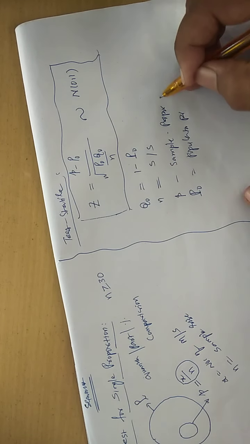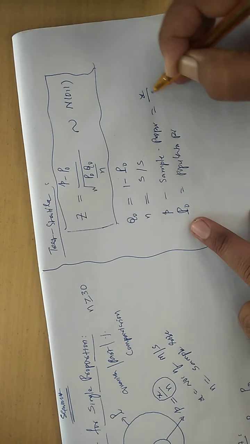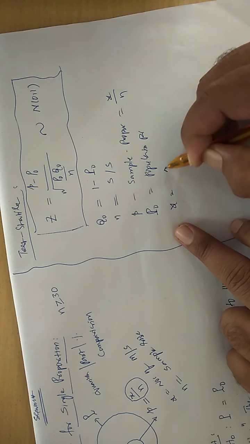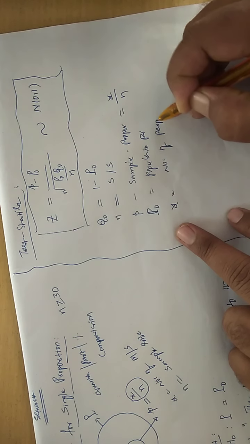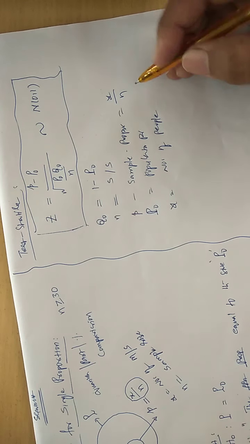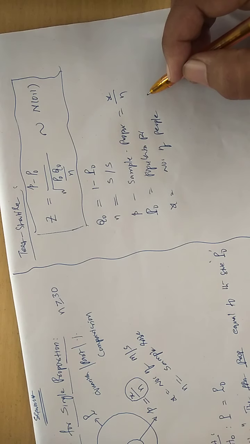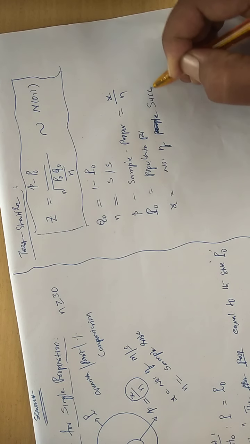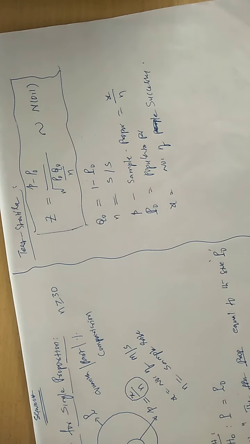Population proportion. But remember that most of the time the small p directly will not be given. How do we get it? By using this formula, x by n. Again, what is x here? X is nothing but the number of people or number of things preferring that particular service or having that particular attribute. Understand? The number of successes. The exact mathematical term here is the number of successes. Understand? Again, n is nothing but the sample size.